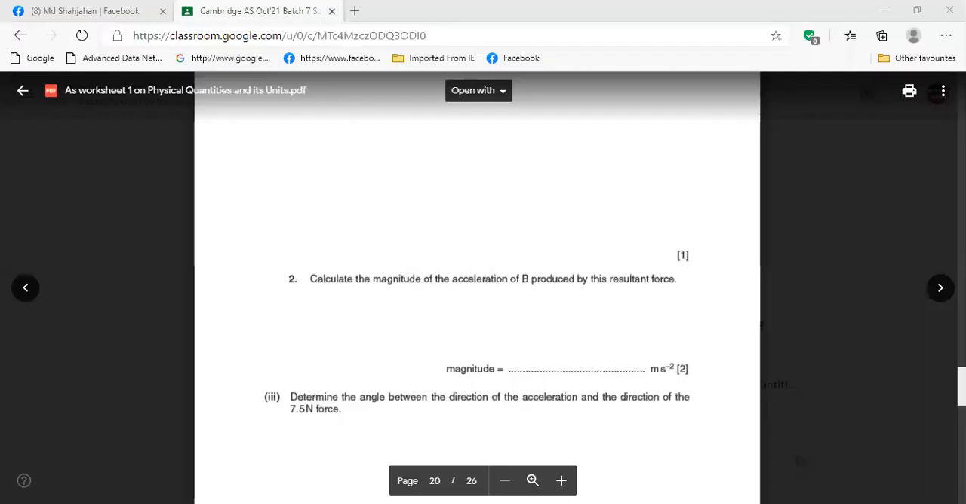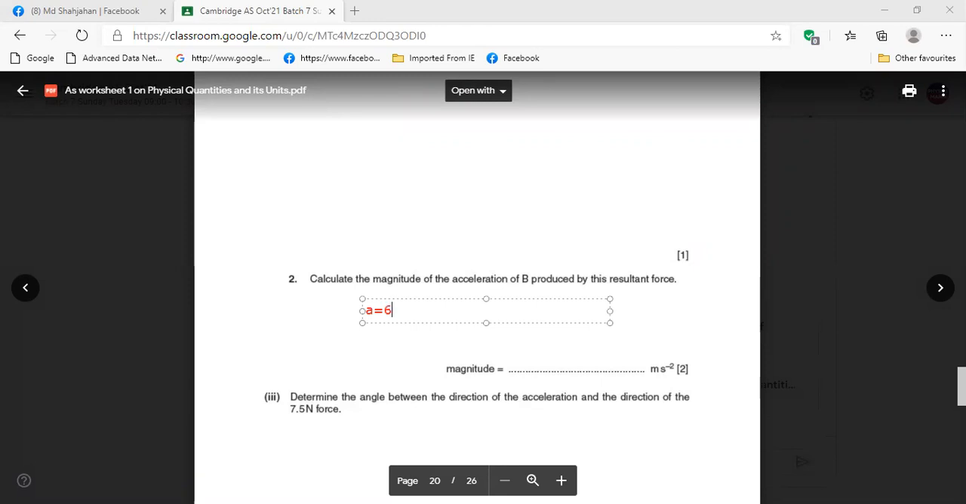Farhan, your mass is how much? Mass is 750 gram. But your units all are given in SI unit, isn't it? So what you have to do, you have to convert that 750 gram to what? You have to convert mass to kg. If 750 gram, then if you convert,